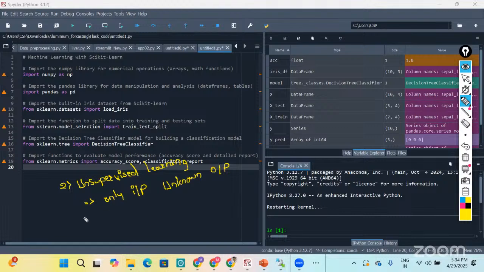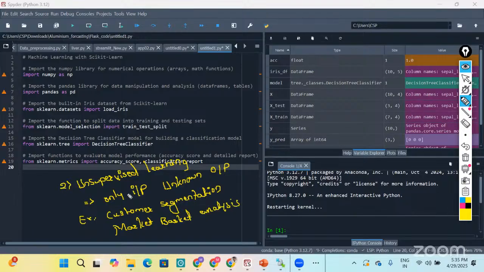In this also we have examples, such as customer segmentation. Next, we can also say market basket analysis. So this is nothing but your unsupervised learning.